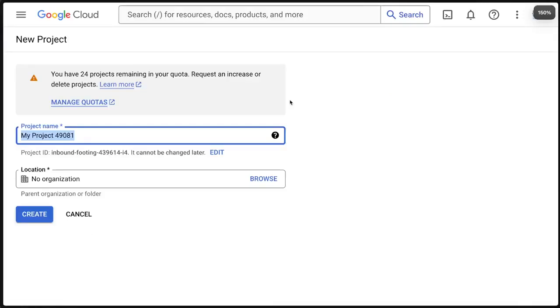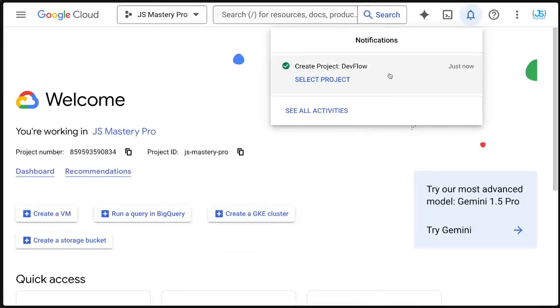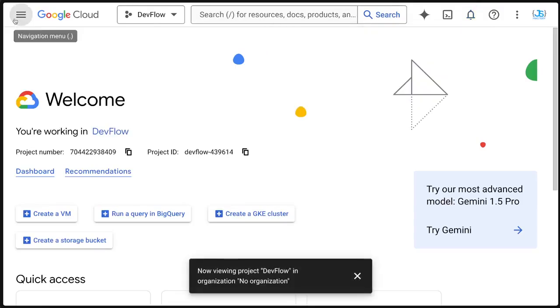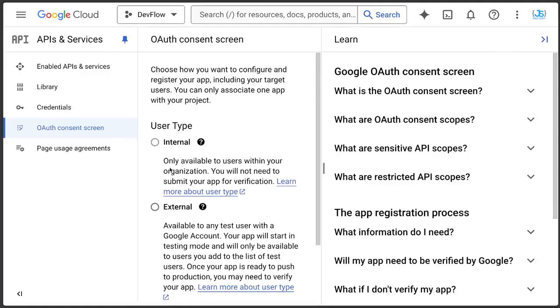console.cloud.google.com and create a new project. I'll give it a name of DevFlow and choose No Organization and click Create. The project is getting created, so let's give it a second. There we go. Let's click Select Project and open up the navigation menu and go to APIs and Services and